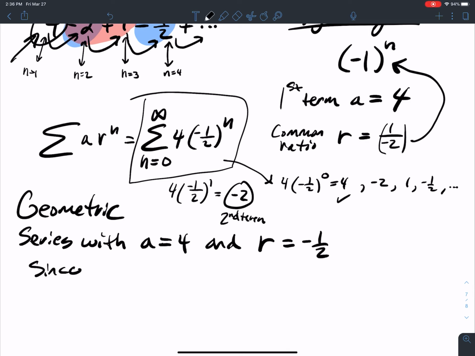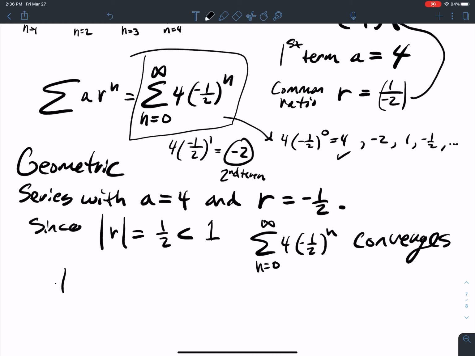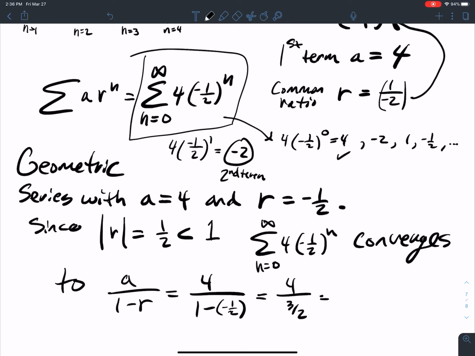Since the absolute value of r equals 1/2, and that is less than 1, we know the series n equals 0 to infinity of 4 times -1/2 to the n converges to a over 1 minus r, which is 4 over 1 minus -1/2, which is equal to 4 over 3 halves, which is, keep change flip, 8 over